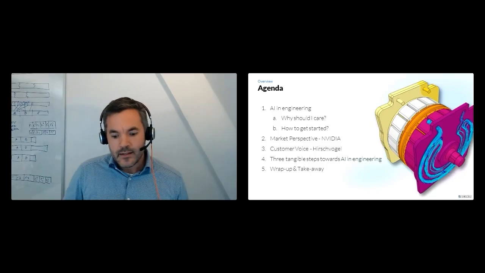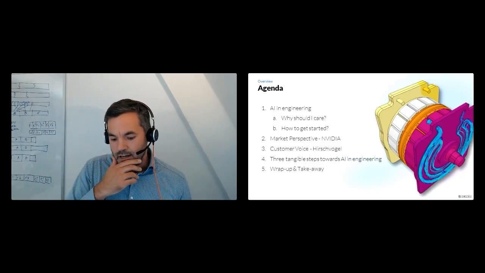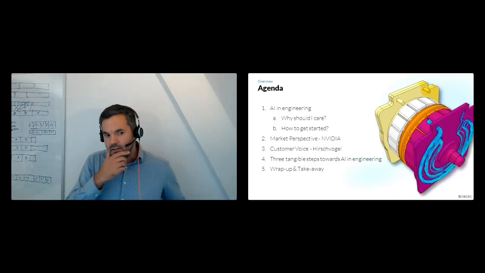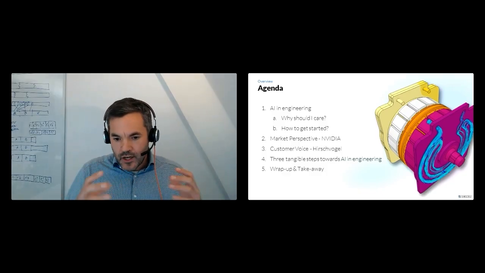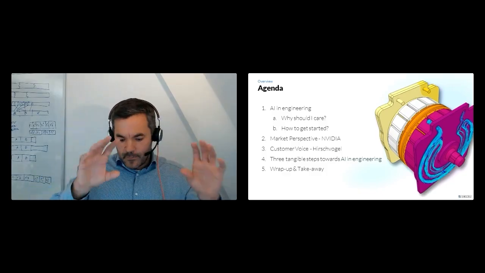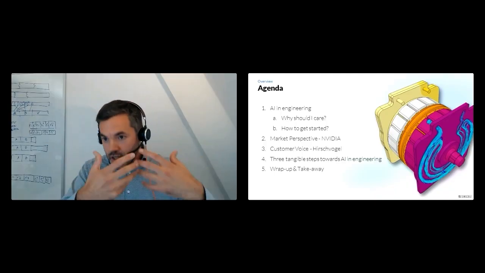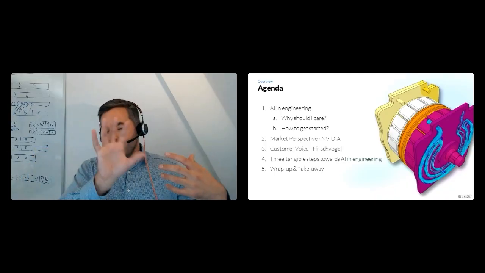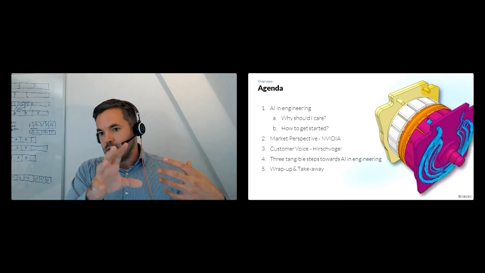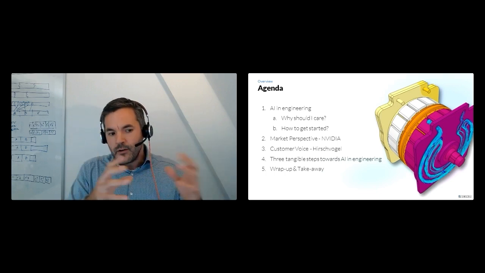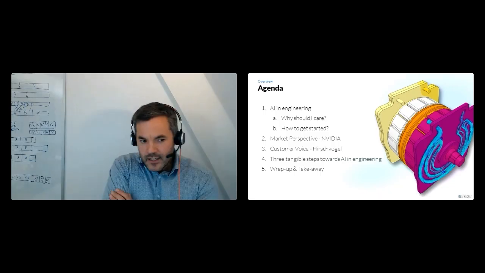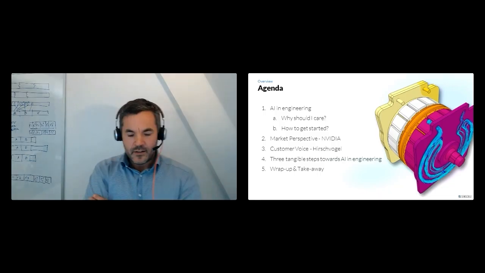We're just going to start with 10 minutes before I hand over to Ian to see the perspective from NVIDIA. I'm going to frame a bit how we think about AI and engineering, how we segment the different types of AI systems that we see emerging along the product development process, where SimScale plays today, what our work is and what our perspective is. I'll put this out there, and then I'm looking forward to hearing Ian's point of view. NVIDIA is obviously a key player in the space.